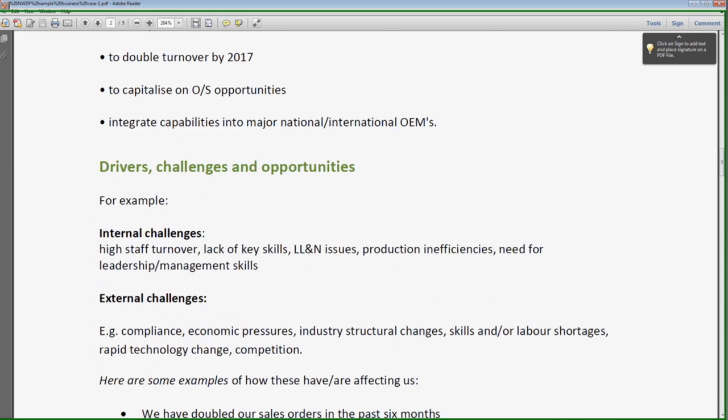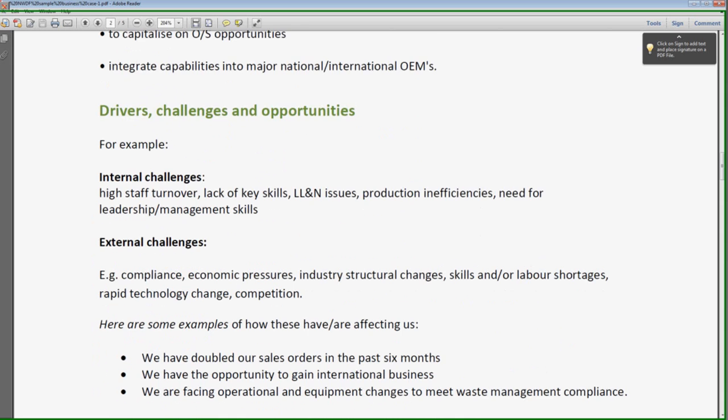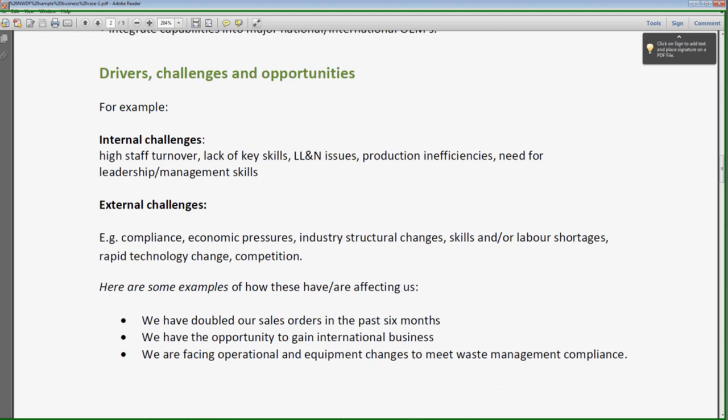And then we move on to drivers and challenges. And what this really does is explain what is happening in your organisation, as I mentioned, but also we want to say here that it's important to include what is the cause and effect. So what are the challenges, but how is this affecting your organisation? And as you scroll through this